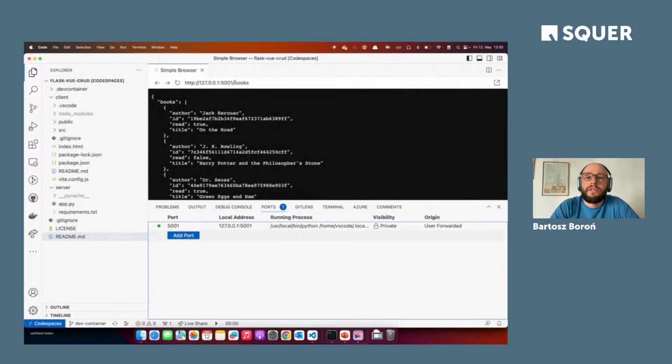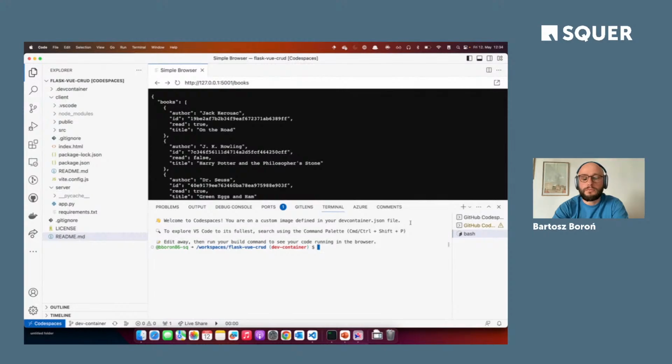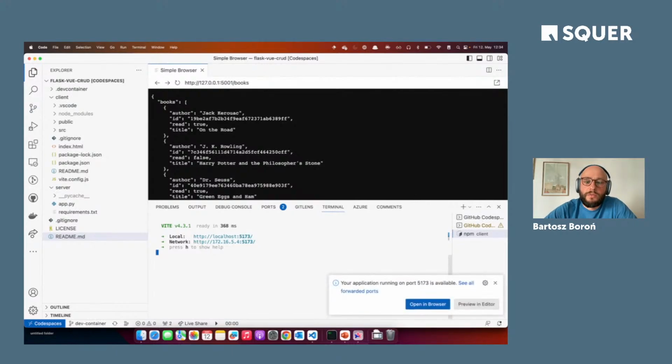access it through localhost/books. Now, if I start also the front-end part, so I go to client and npm run dev. This time I will give it a host flag, because normally it should work without, but I noticed while preparing this, at least this application, that sometimes the port forward doesn't work if you don't initialize the process with the host parameter. So I make sure this one works.